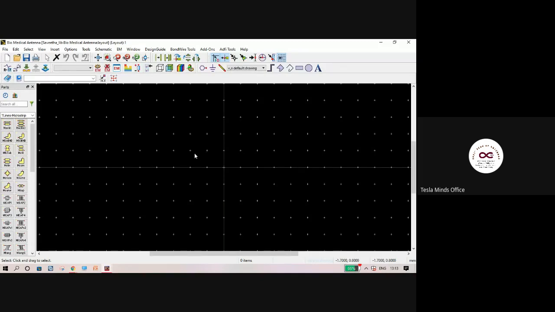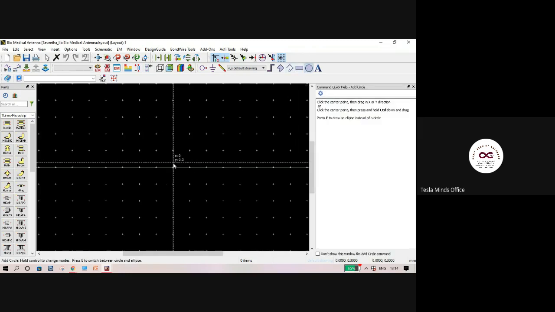The black screen you see is the place where you will draw your antenna. There are three types of drawing here. One is the shapes, circle or rectangle, on the top.